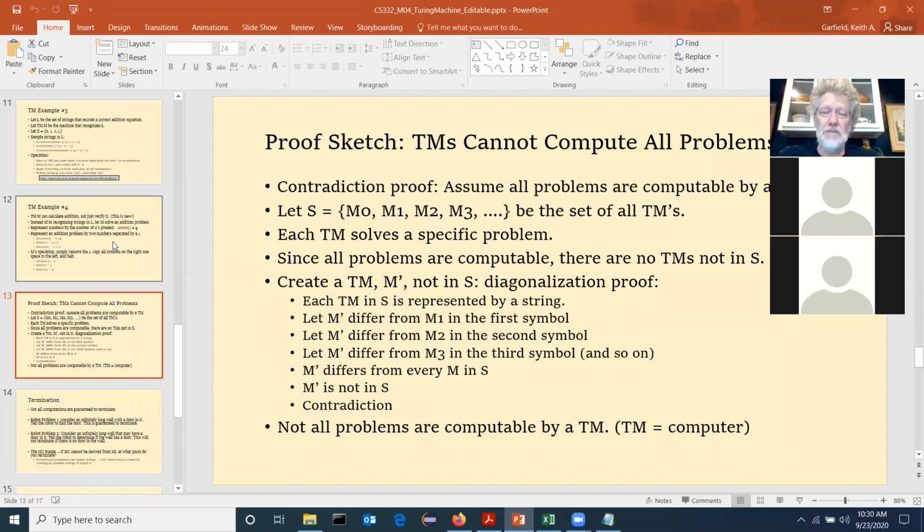Then I do that for the second position of the second machine, and the third position of the third machine, and the fourth position of the fourth machine, and so on. If you think of these machines all laid out in an array, what you're doing is changing the diagonal, and that's why it's called the diagonalization proof. Now I've got a machine M prime that cannot be the same as M1 because it's different in the first position, and it cannot be the same as M2 because it's different in the second position, and it cannot be the same as M3 because it's different in the third position, on and on down the list. So basically M prime is different from every machine listed in S. In other words, M prime is not in S,